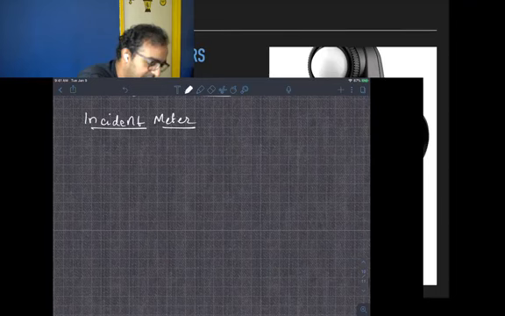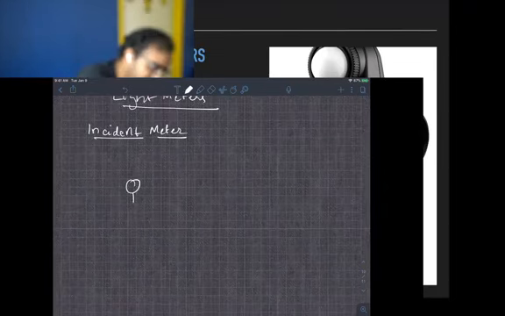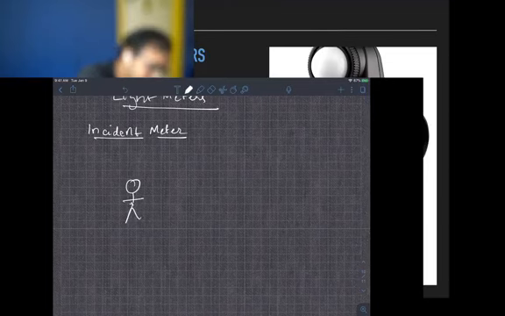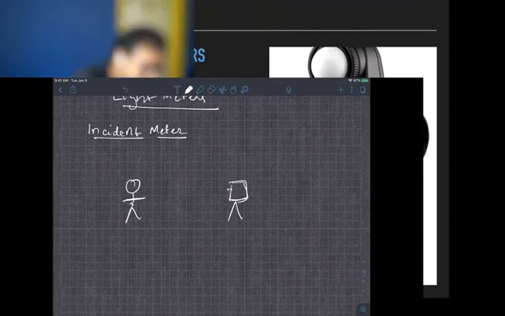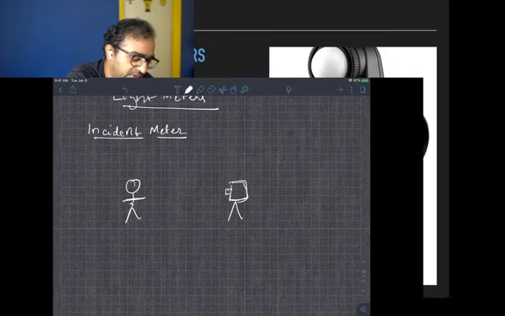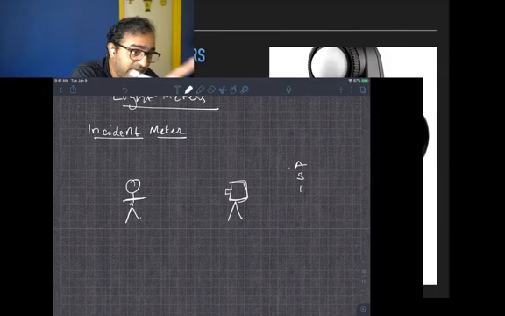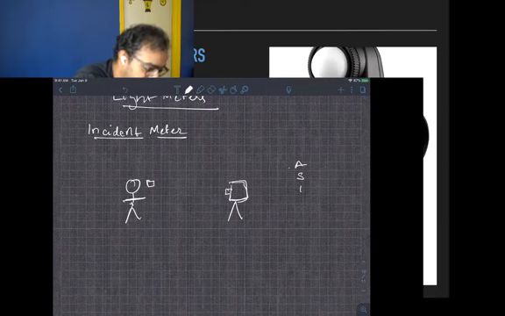All right, the incident meter. So let's say you have a subject. This is your subject. This is the camera, and you're shooting a photo of the subject, and you want to know what combinations of aperture, shutter speed, and ISO to use to get an exposure, right? So you take the light meter. This is the light meter which I've showed in the background. So this is the little light meter, right? Whatever you want to call it.